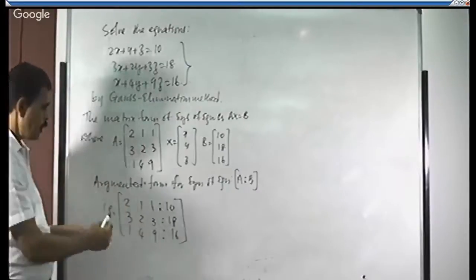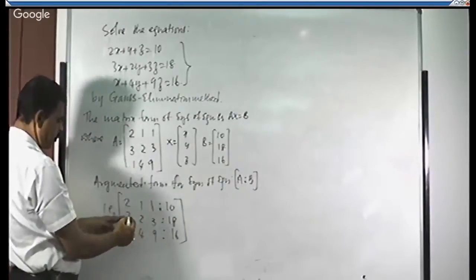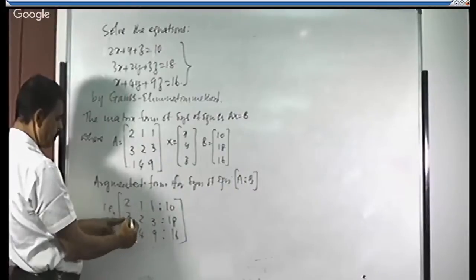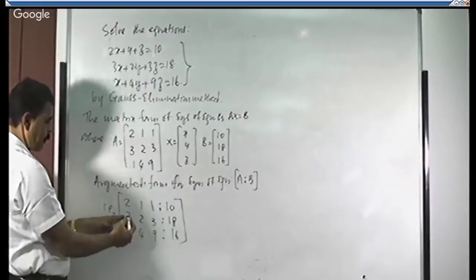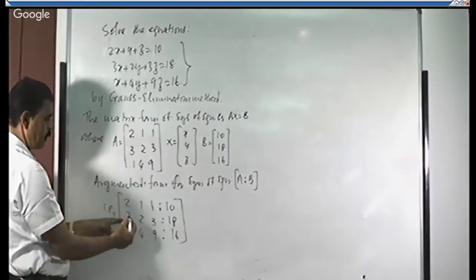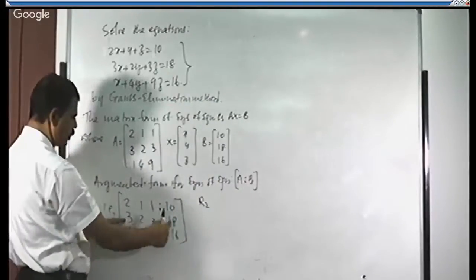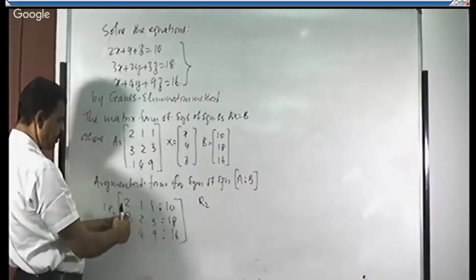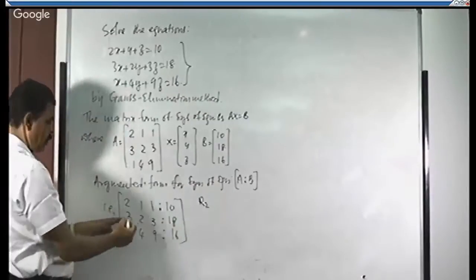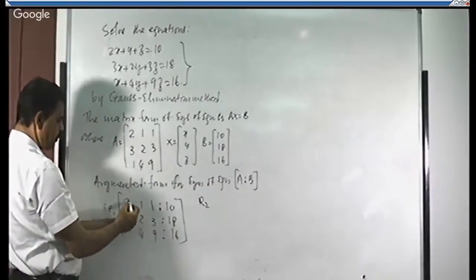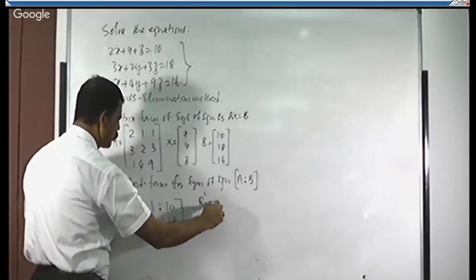0. How to make it? We are not changing anything in the first row. So we just need to change 3 into 0, 1 as 0, 4 as 0. Use the first step to make 3 equal to 0. How to make it? 3 lies in the second row, right? I need to apply the operation for the entire row, not only for the element. Okay, we need to write it for the entire row. Second row is 3. First row element is 2. R2 dash is equal to.